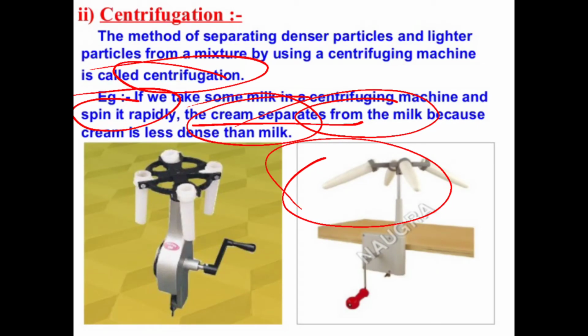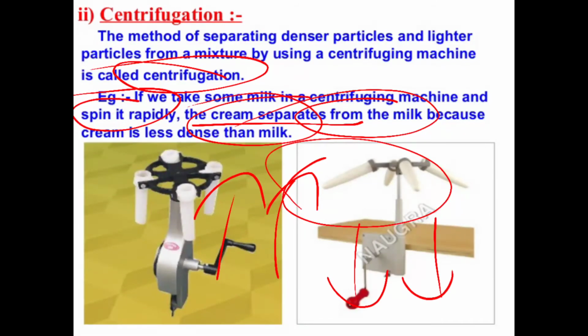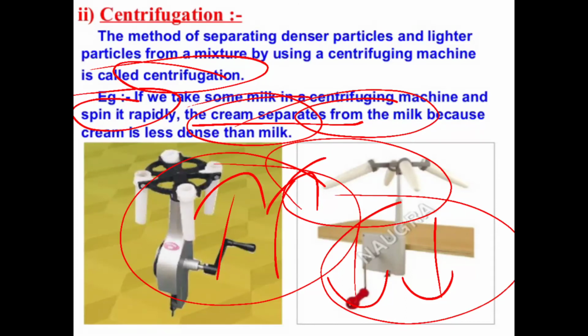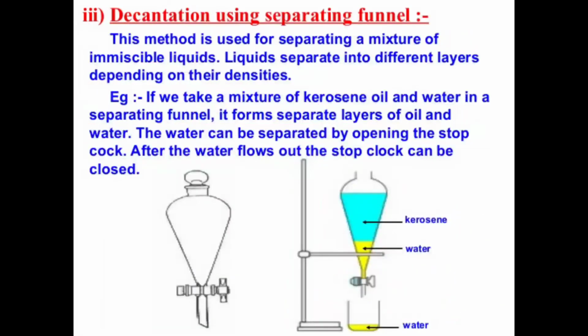So what happens with the denser part? As we know, lighter things always float and denser fluids always settle down. So in the same case, we rotate it completely, and the milk will be above and the cream will settle down. It is the same case with butter.